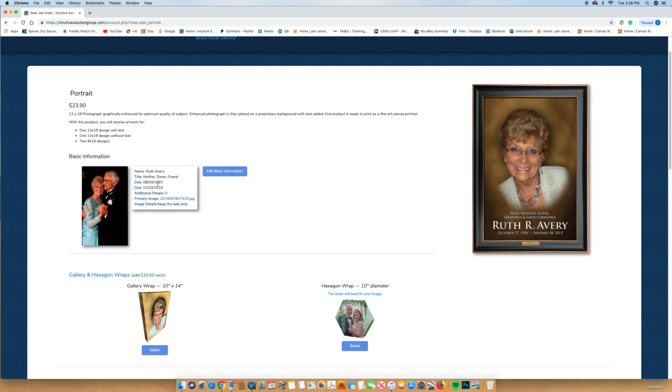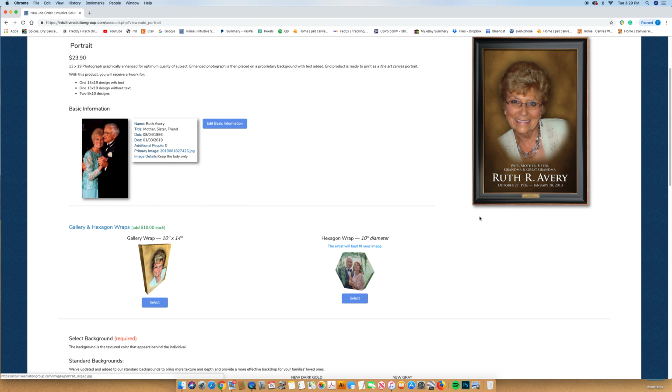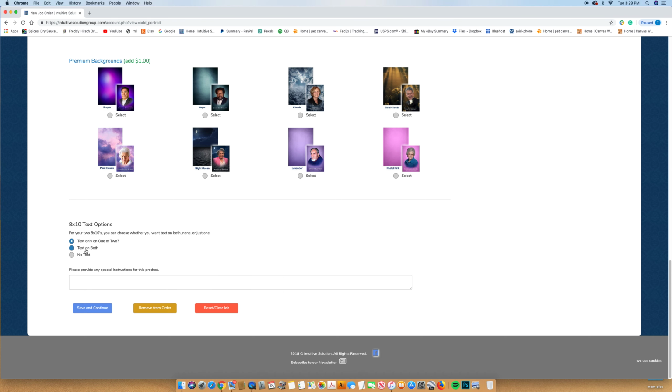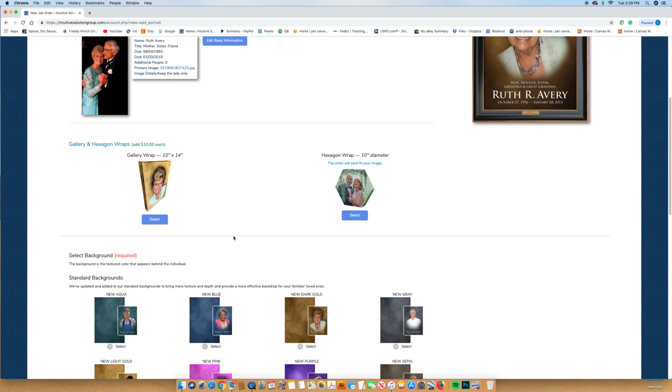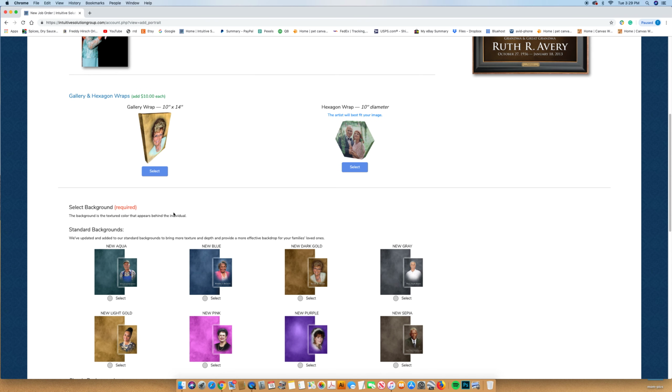Every time you order this, you're going to get the 13 by 19 like this with text, and also one without text where the image will be moved down a little bit, she'll be centered, and then you're also going to get the 8 by 10s here at the bottom. Those are going to be provided 2 up on a 13 by 19, and you tell us if you want text on either or neither or both. So what you do here is just tell us which, if you want something different, we do offer these 2 wraps, and you would have already pre-bought the material from our site. We sell all the material to easily make these wraps in under 5 minutes. It's pretty neat. So you can do the hexagon or the gallery wrap,